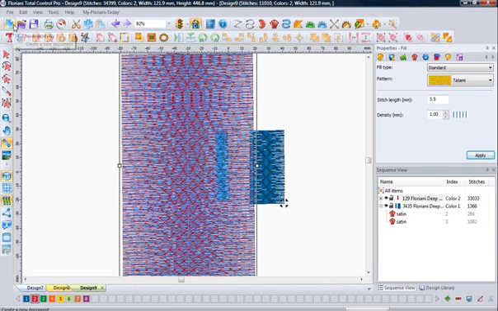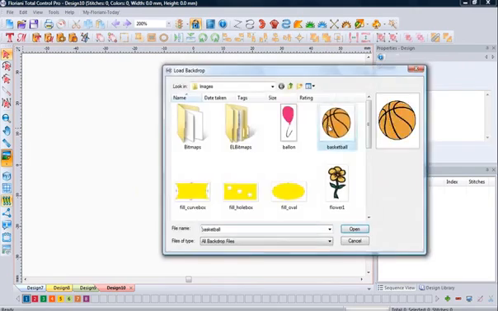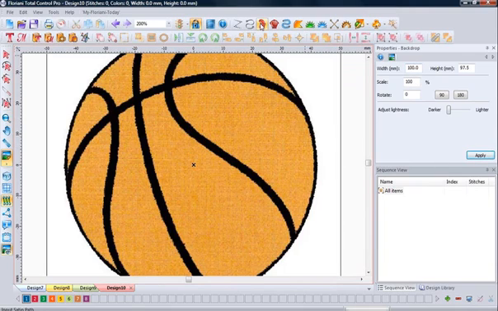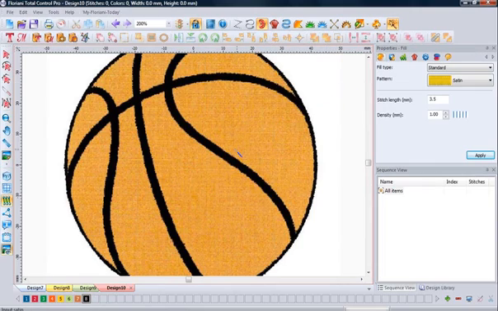Now, most of the functionalities within the satin stitching, and especially another thing about input satin path, is the satin stitch that you use with the magic wand. When I have a structure, I can just bring a piece of artwork up right now, bring up this basketball design, and we'll make it just a little larger. But if I want it magic wand digitized, and this has nothing to do with the creative aspects, it's functionality. If I want to stitch that black in a satin stitch, I can select my black color, get it on the screen here, right click on it, grab the input satin path, grab the magic wand, left click,